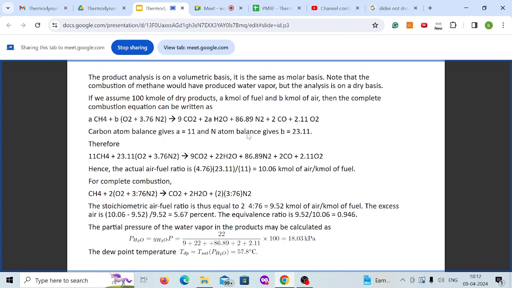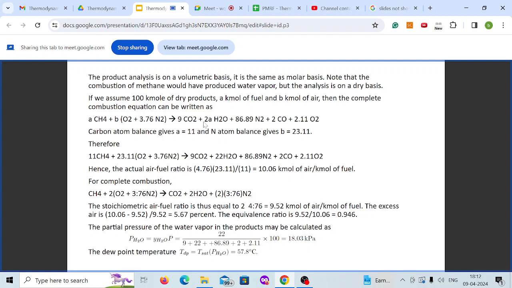And in the problem they have given that the complete product gas is at 100 kilopascal. So your partial pressure of water vapor is the mole fraction of water vapor times your total pressure. This is Dalton's partial pressure. So this will give you